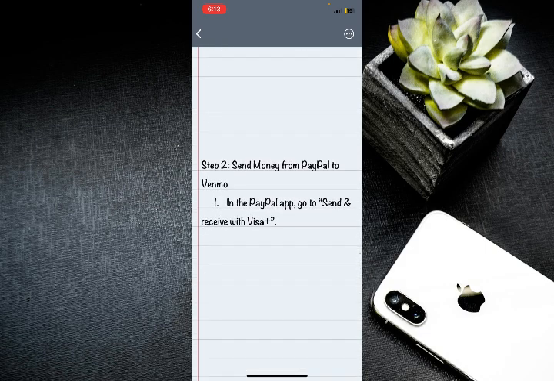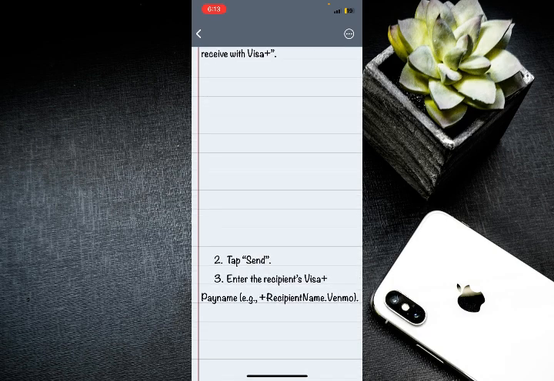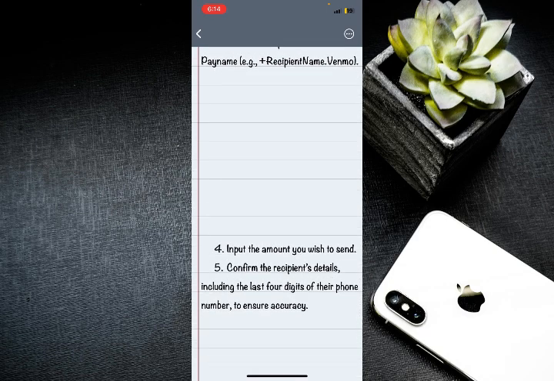Then here's step 2, which is to send money from your PayPal to Venmo. So in the PayPal app, go to the Send and Receive with Visa Plus, then tap on Send. Then from there, enter the recipient's Visa Plus pay name, which is recipient name.venmo. Then input the amount you wish to send,